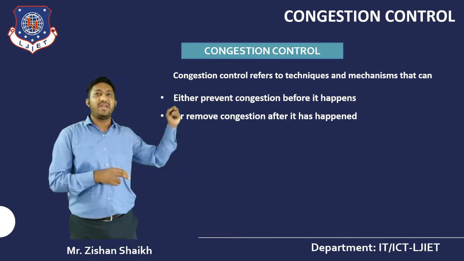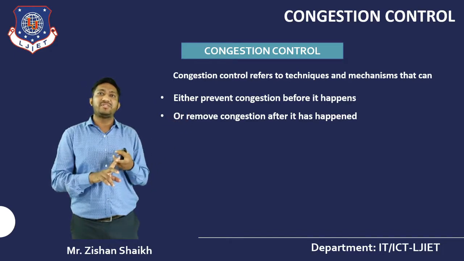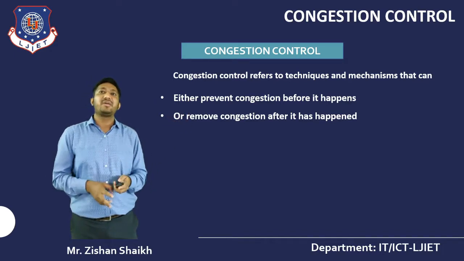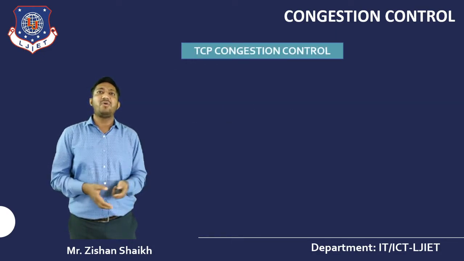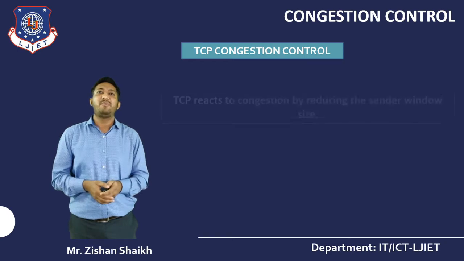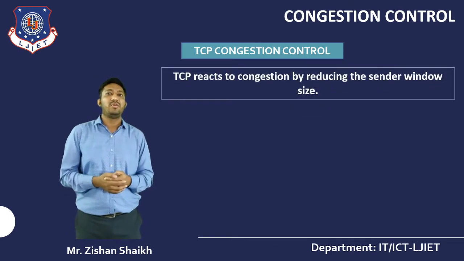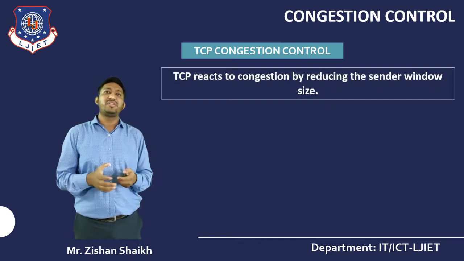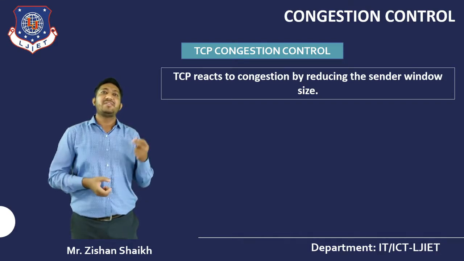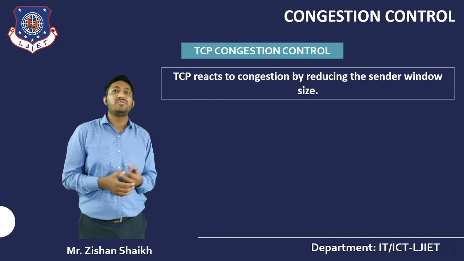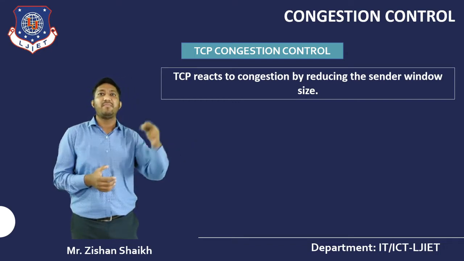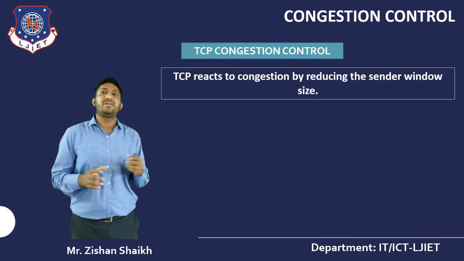So basically we can categorize into two terminologies: congestion avoidance, and congestion detection and recovery. So let's learn how this is practically possible with the help of TCP congestion control. TCP reacts to congestion by reducing the sender window size. We already know the concept of window size from the previous video,